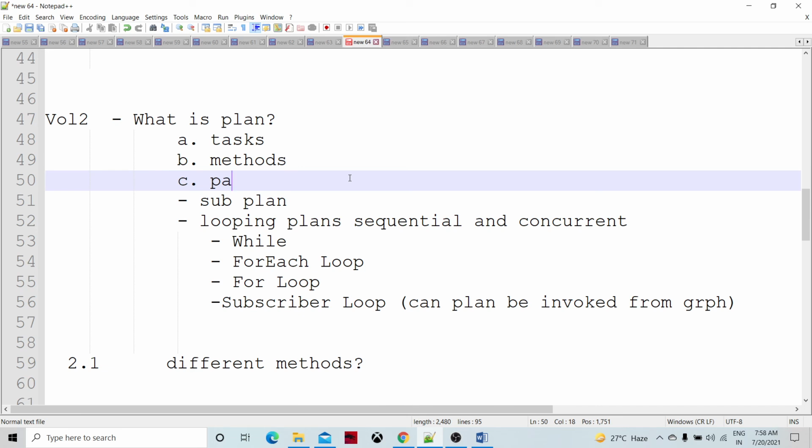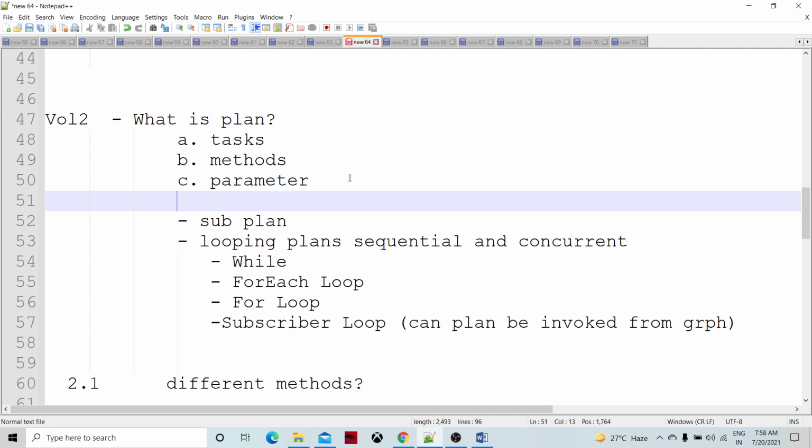Then there are parameters. The parameters are how we pass information between tasks. We configure the task, we have methods, and we pass the information in sequence from one task to another. This is a little different from graph components.